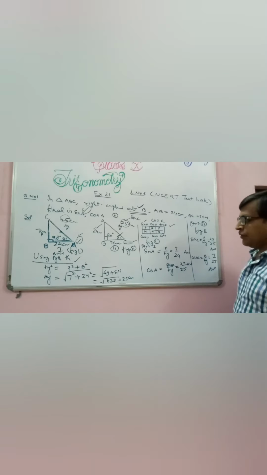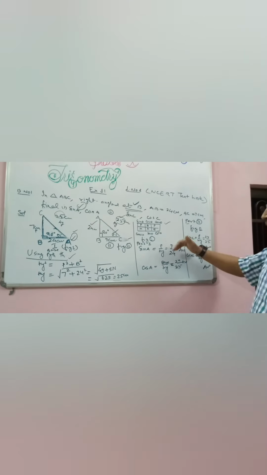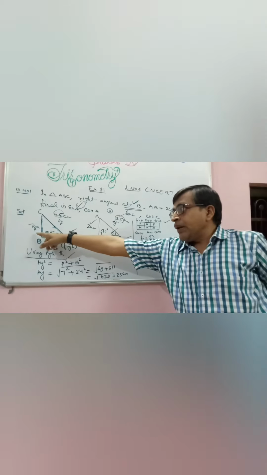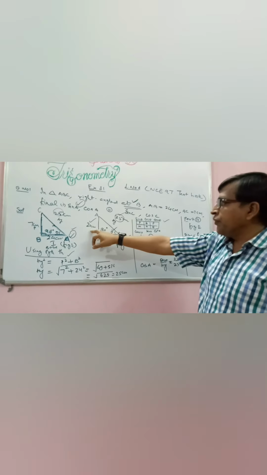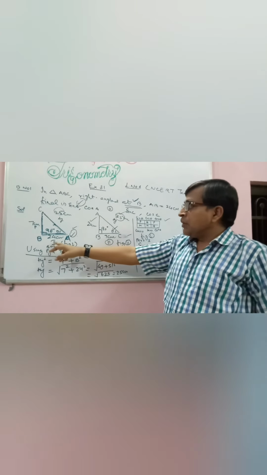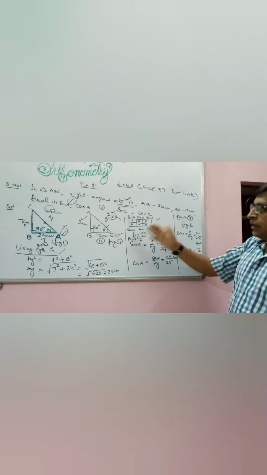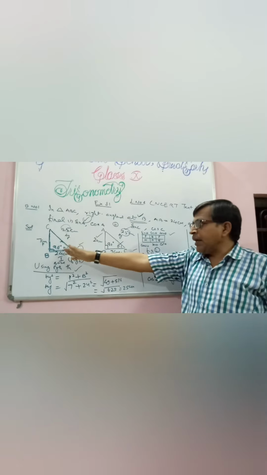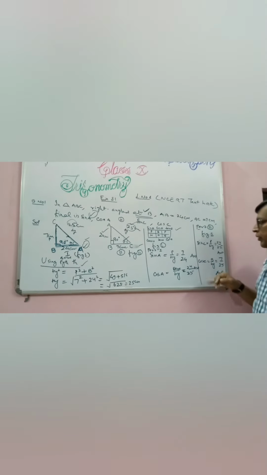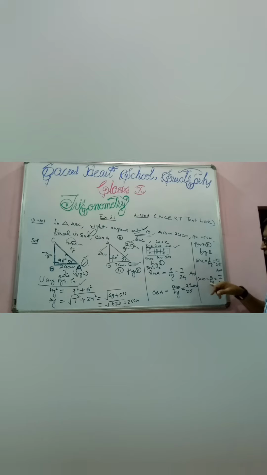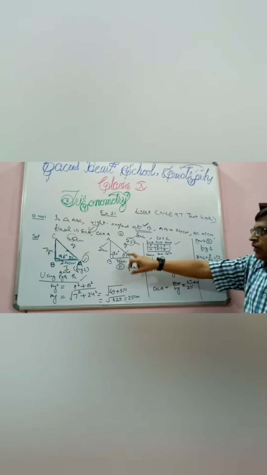Part first: sin A is perpendicular upon hypotenuse, cos A is base upon hypotenuse. Both formulas are the same; only according to the figure you put the value. Perpendicular 7, hypotenuse 25, so 7 upon 25. Finding the value for A uses figure 1, and sin C means figure second. If by mistake you make C here and A here, then it is wrong. Easy formula. Sin C is perpendicular upon hypotenuse, cos C is base upon hypotenuse: 24 upon 25, 7 upon 25.